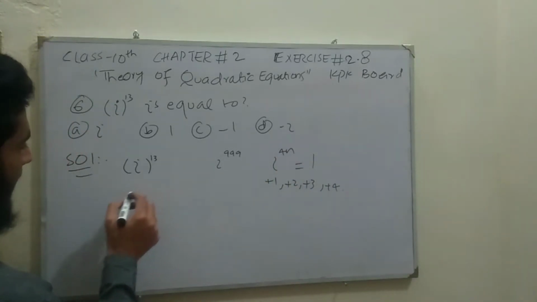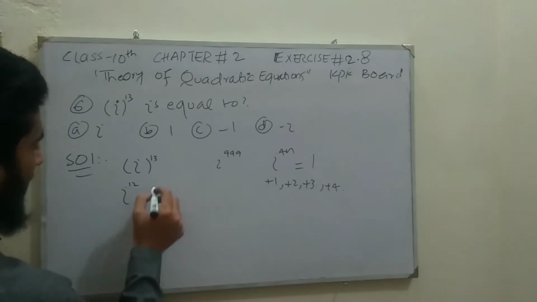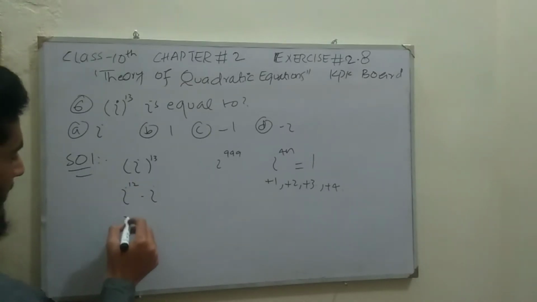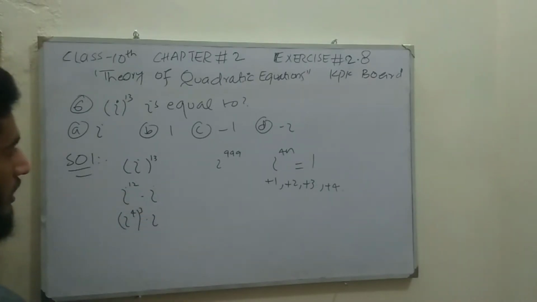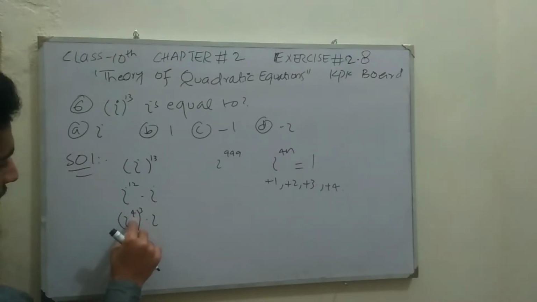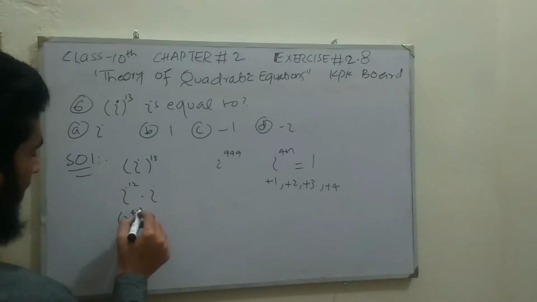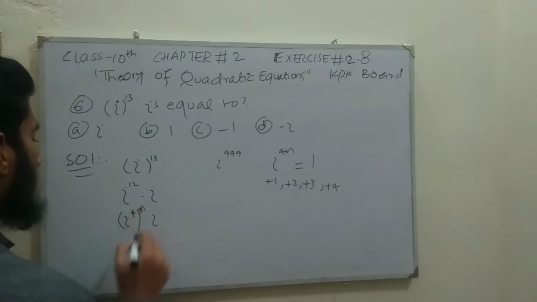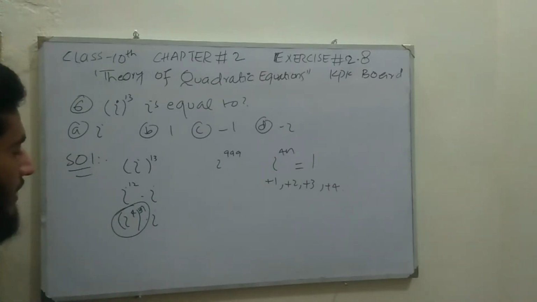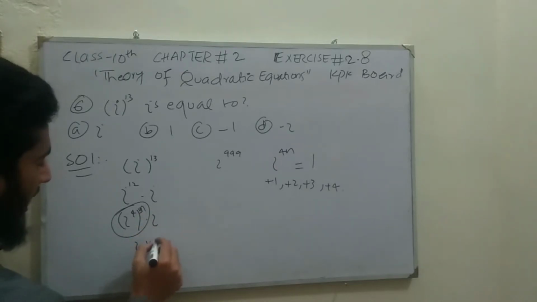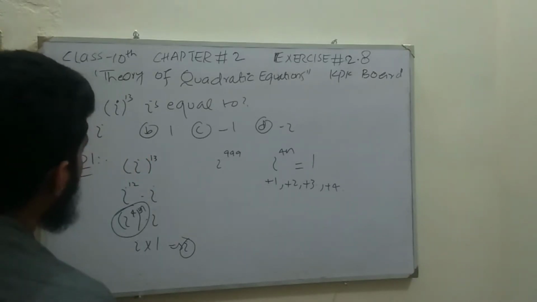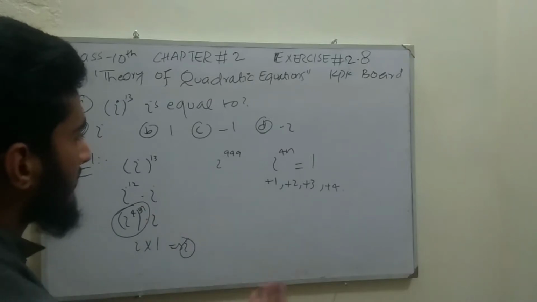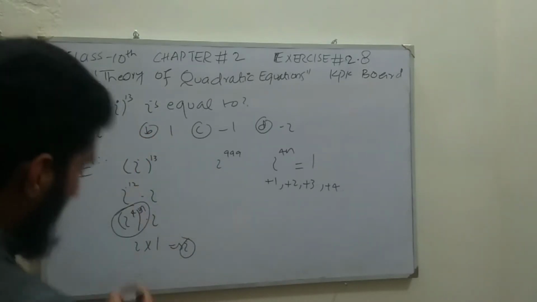So we can write iota power 13 as iota power 12 times iota. Iota power 12 we can write as iota power 4 times 3, since 4 multiplied by 3 gives 12, times iota. See here, it is in the form of iota power 4n, where n is an integer. So the whole value of iota power 4 times 3 will be equal to 1. We are left with iota multiplied by 1, which gives us iota. So the correct option is option A. We are also finding the value of this question step by step. So the correct option is iota.